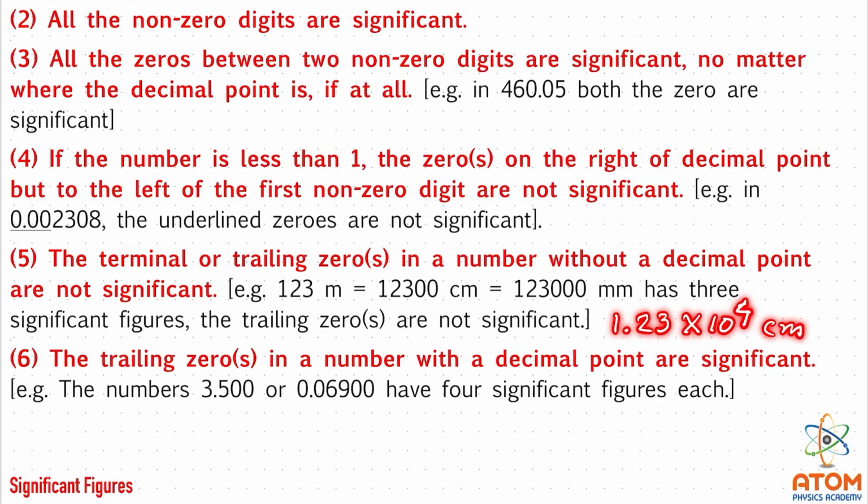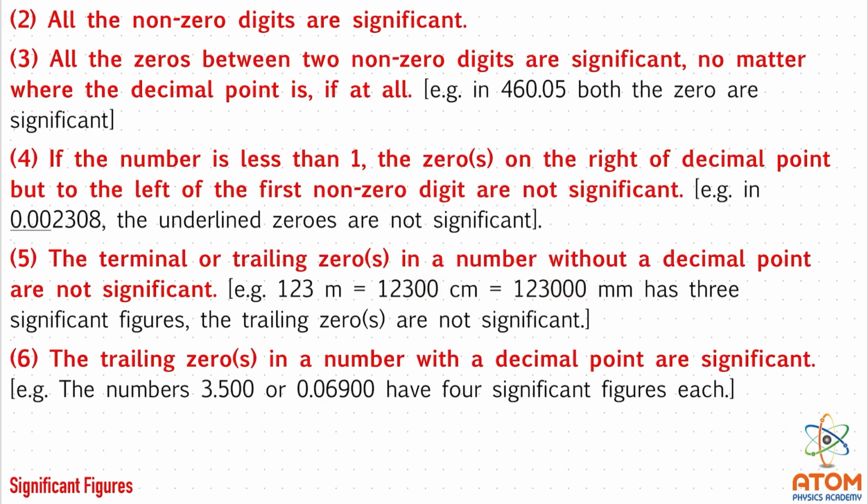If I give you a length of 1.123 meter, and if I ask you to write it in centimeters, in physics you have to write it in the form of 1.23 into 10 raised to 4 centimeter. So here the significant numbers are 3 only. It was 3 previously, and right now also it is 3. As I said, this is not exactly the way of writing measurement of any physical quantity in physics. That's why even if it is written, these zeros are not considered as significant.